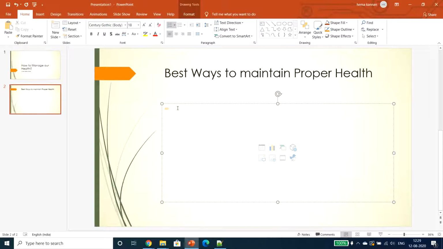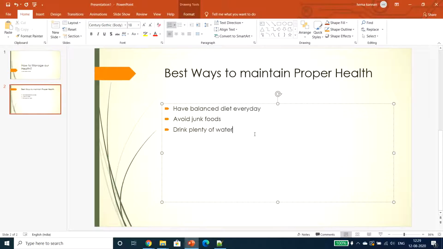Just we can give: have a balanced diet every day, avoid junk foods, drink plenty of water. Okay. So as of now I am giving it like this.